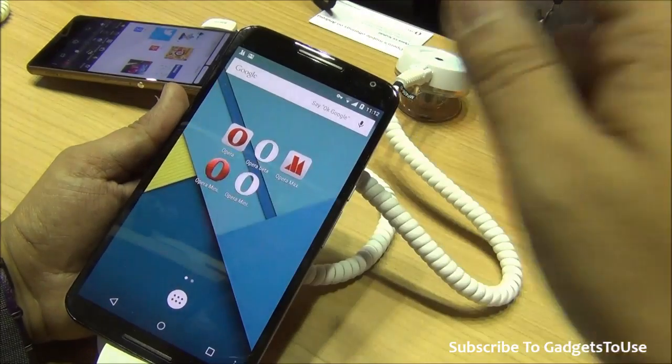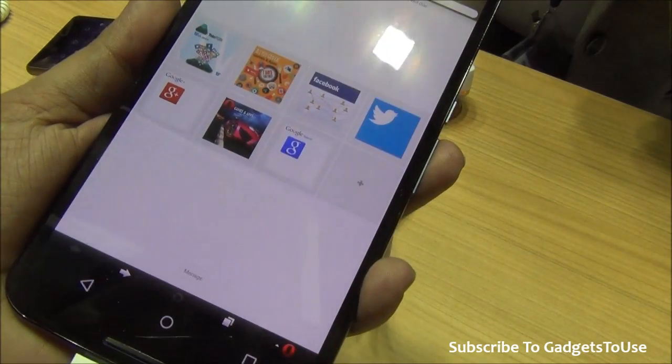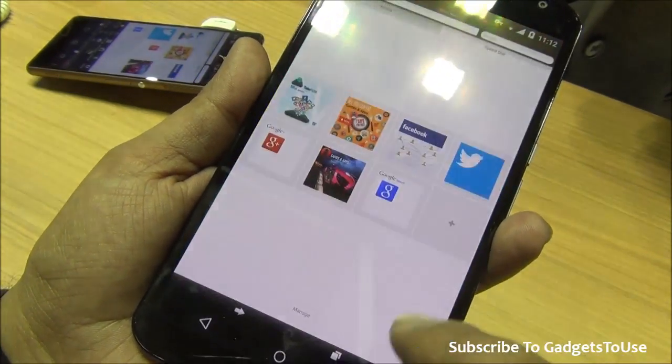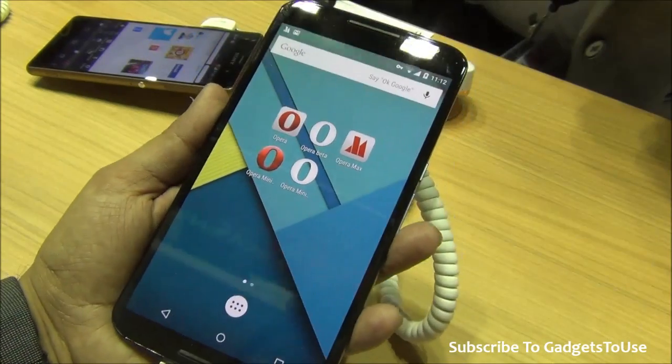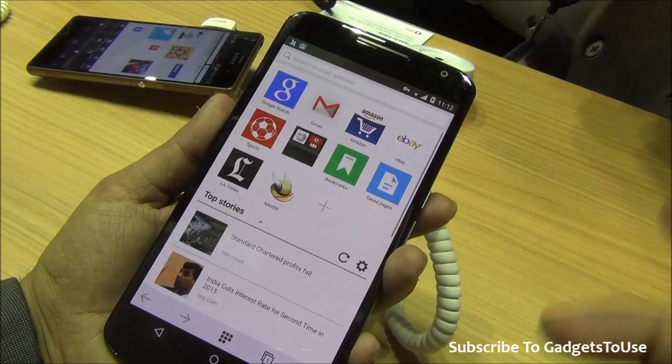Right now whatever Opera Mini actually looks like is like this, which is the old design which may not be very good, especially if you compare it with the iOS design which we have. So Opera Mini actually looks like this, which is kind of cumbersome, especially on devices like this, but they have finally changed the design, and the Opera Mini is going to come on this device in this format now.